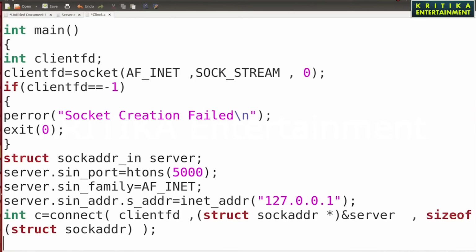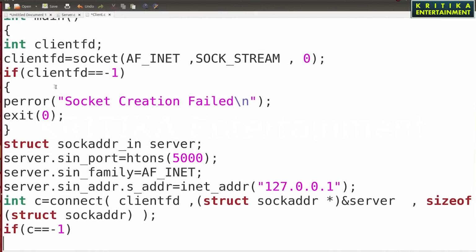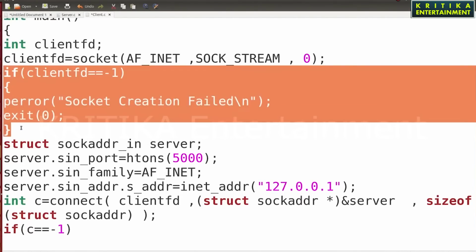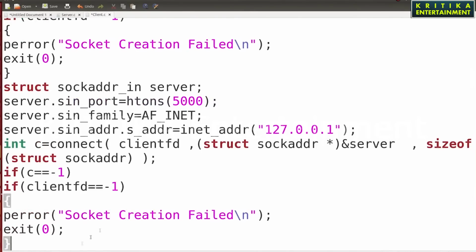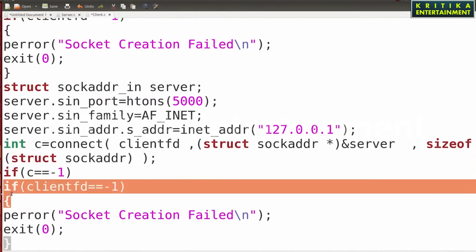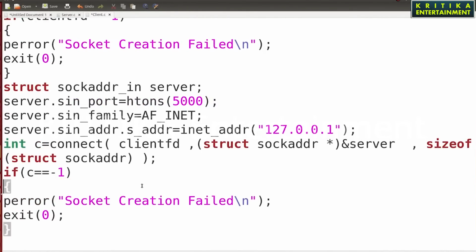Then write if c is equal to -1. The same code needs to be copy pasted. This is not a creation error.